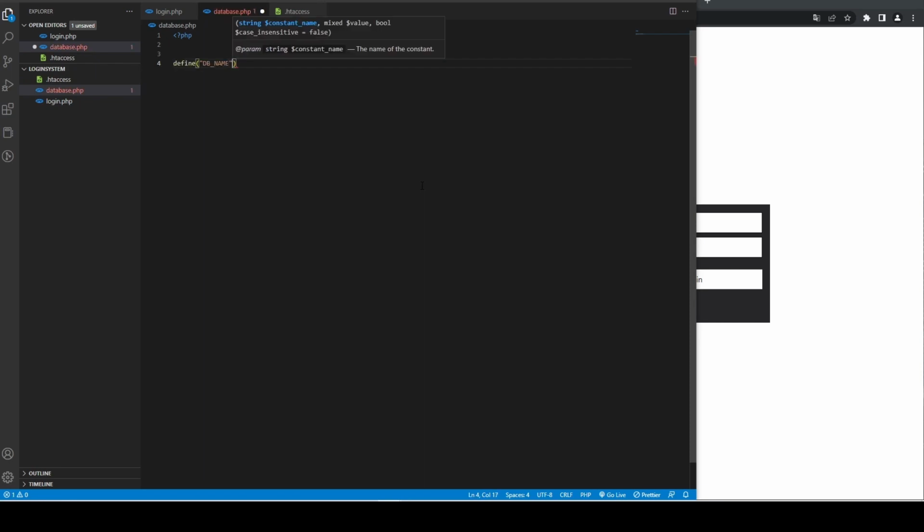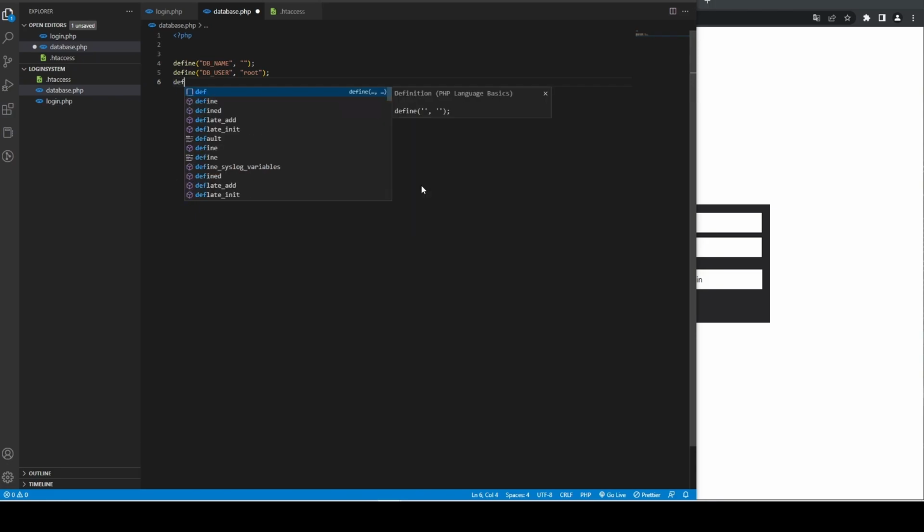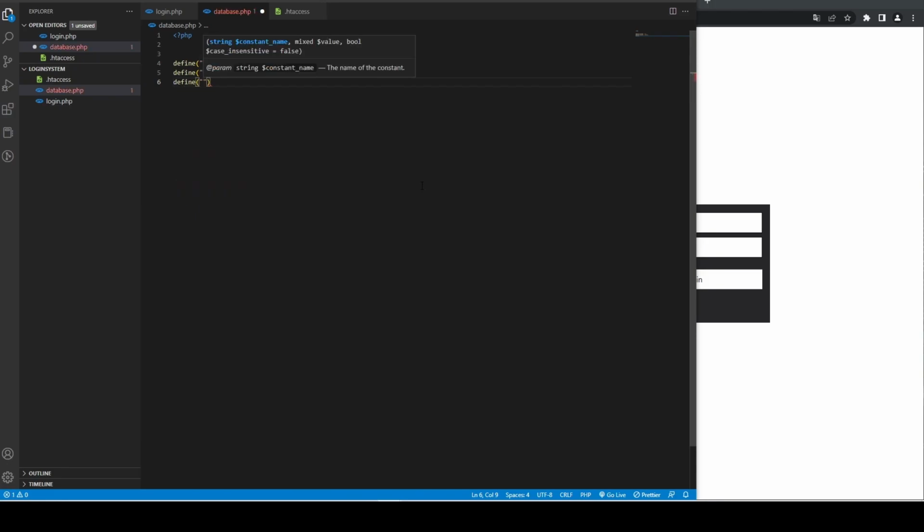So we're going to define everything, and then we're going to connect to the database, and in this way we can use the PDO connection type, which will be much safer. So if you are using it on just localhost, then you will have the DB username root and the DB pass will be empty,